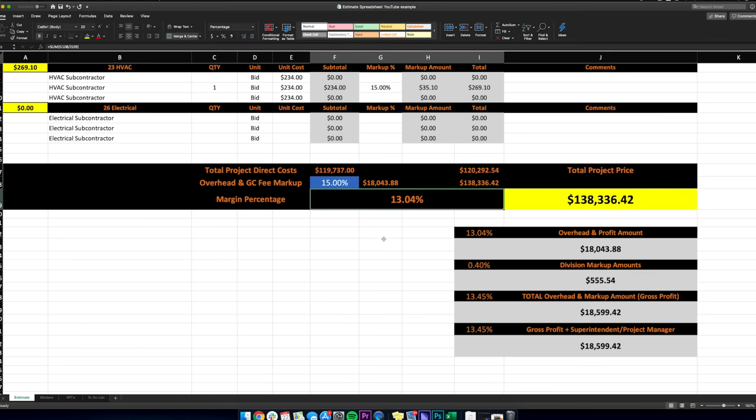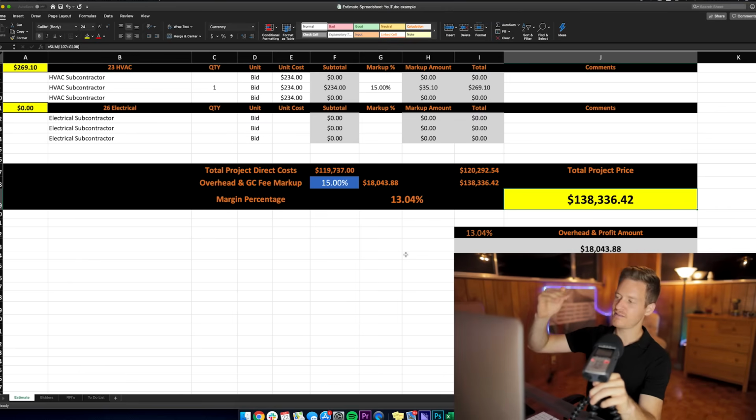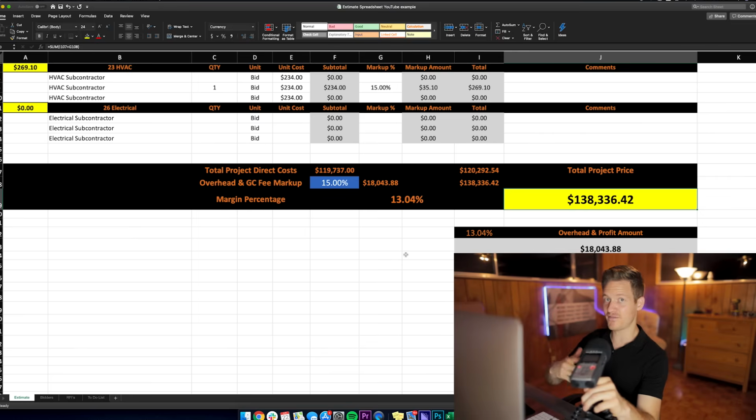But what's this 13%? That's our margin. The margin is the actual percentage that 18,000 is of your project price, because your project price is more than your project costs because you've added 15% to it. But once you add the 15% to it, that's your total project price. And then this spreadsheet calculates automatically what your margin percentage actually is.